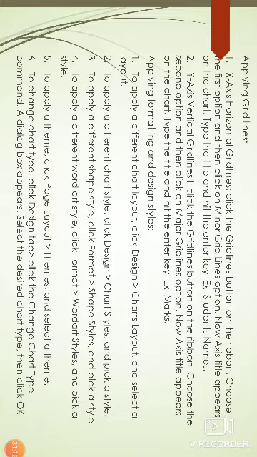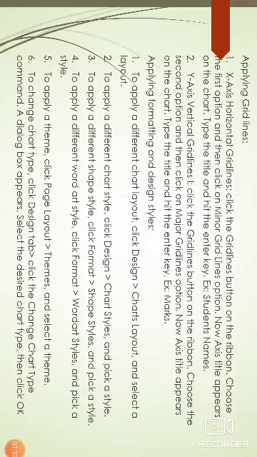Next one is applying formatting and design styles. First, applying a different chart layout. For this, first we have to click on design tab and select chart layout and select a layout. Next, applying a different chart style. First click on design tab. Next, select chart styles and pick a style.